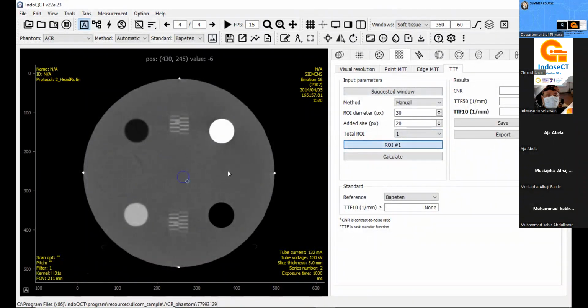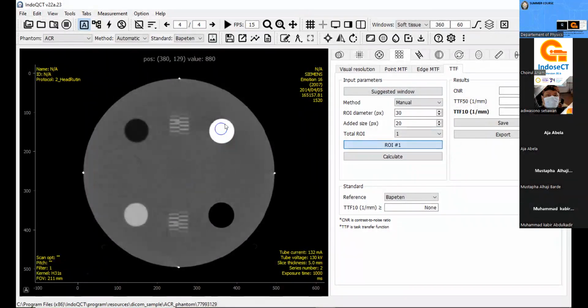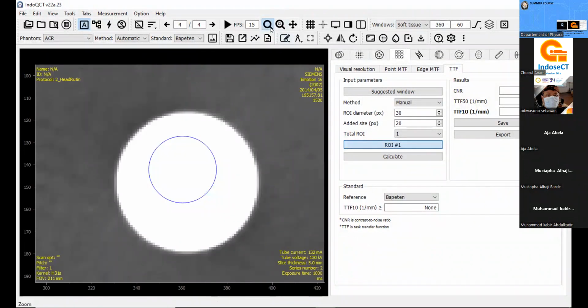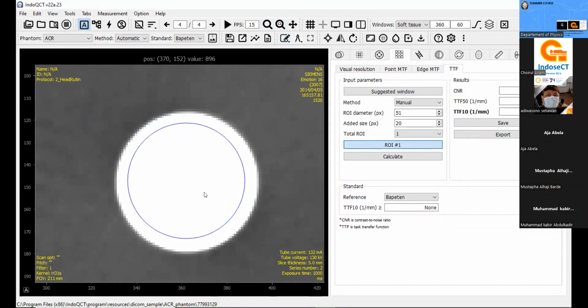we draw the ROI, and then we locate it here, for example. Maybe I will zoom in, and then I should place our ROI correctly within the object, like this, for example.